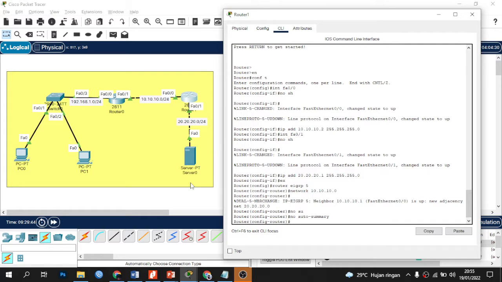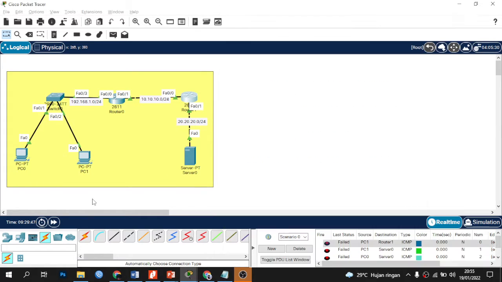Okay, after that, ping between the PCs and the server and try to access the server from the web browser. For the first, let's ping. Success. PC 1 to server, success. PC 0 to server, success.